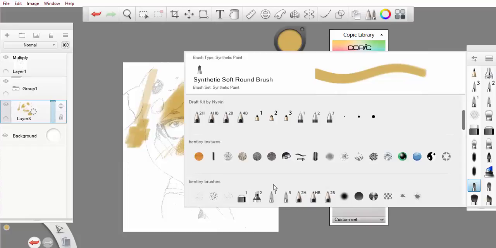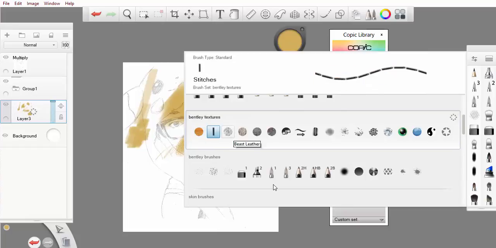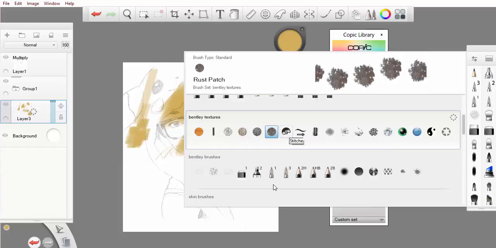And I'll have a video showing you how I make my brushes. Then you have the Bentley's texture brushes, which I also downloaded from autodesksketchbook.com. You have more Bentley's brushes, and these are my brushes that I created,